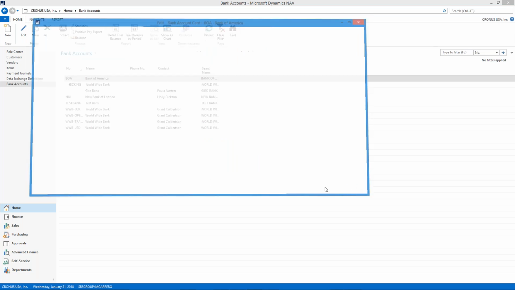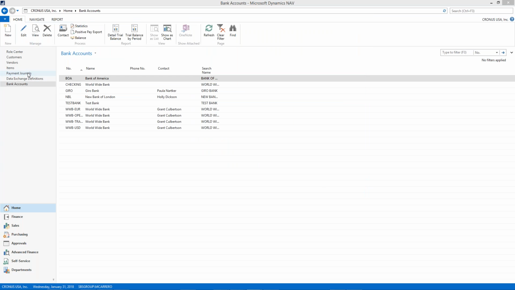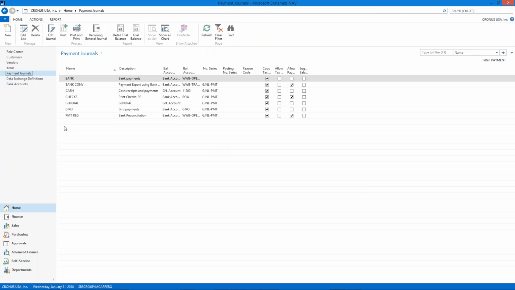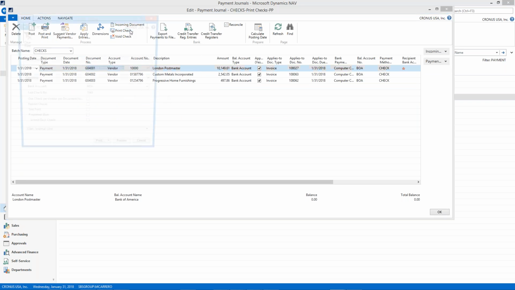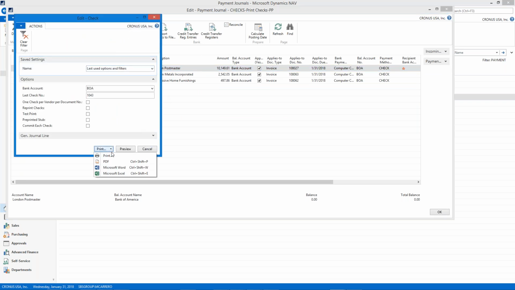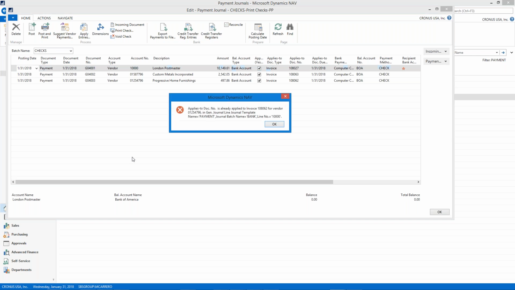So the next step once we've set it up is to cut some checks. I'm going to go into the payment journal, and I've created a batch for today's session. I've taken the liberty to already put a few checks in here to cut. So we're going to print the checks. What you can do is print them to PDF, and you may want to send them